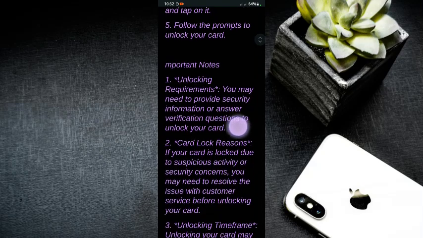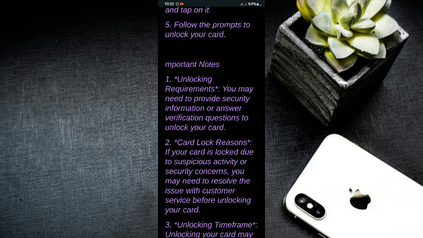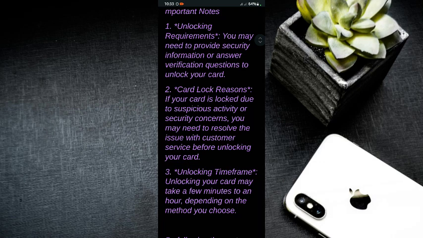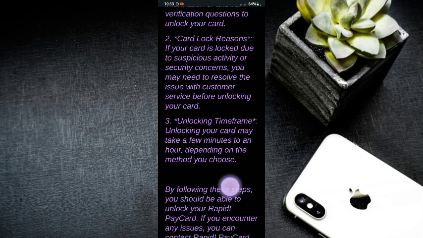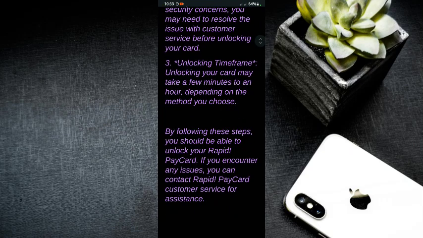I want to give you some important things to note. 1. We have what we call unlocking requirements. You may need to provide security information or answer verification questions to unlock your card. If your card is locked due to suspicious activity or security concerns, you may need to resolve the issue with customer service before unlocking your card. Unlocking your card may take a few minutes to an hour depending on the method you choose. By following the steps, you should be able to unlock your Rapid Paycard if you